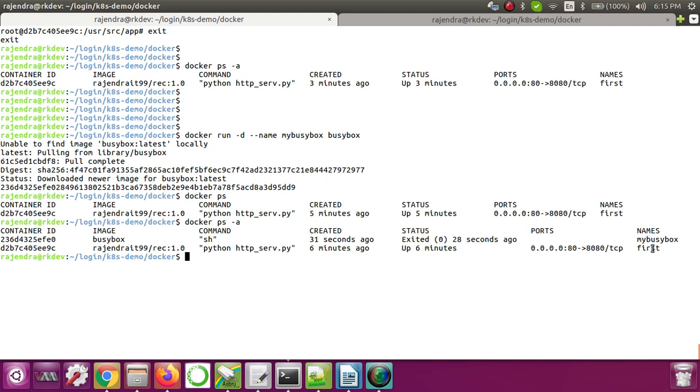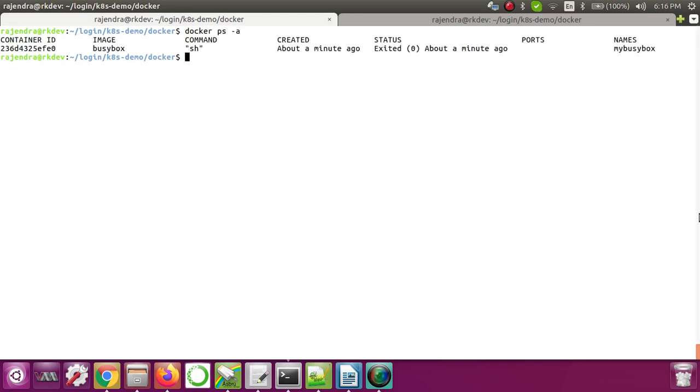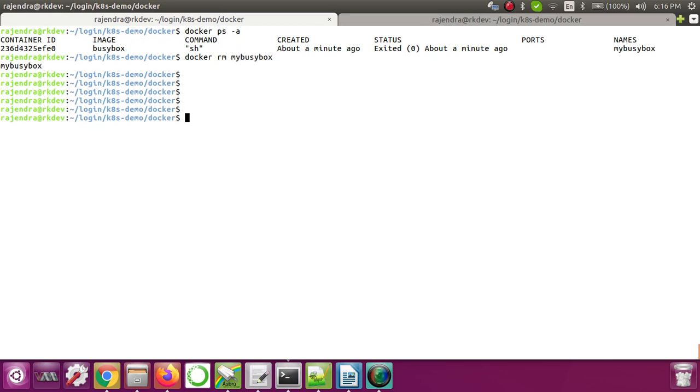Before that, let me remove this first container. docker stop first, docker rm first. Now if I do docker ps -a, you can see that this container is in exited state. So let me remove it. docker rm mybusybox. Now it got removed.